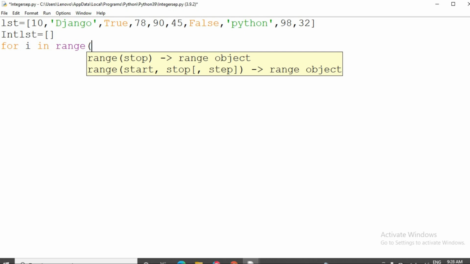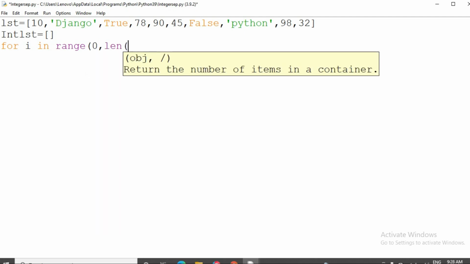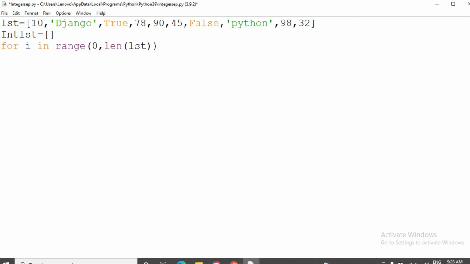I want to search every element in the list, so I am going to apply this range function. It starts from 0, then len of lst, that means up to that length I should continue this for loop.